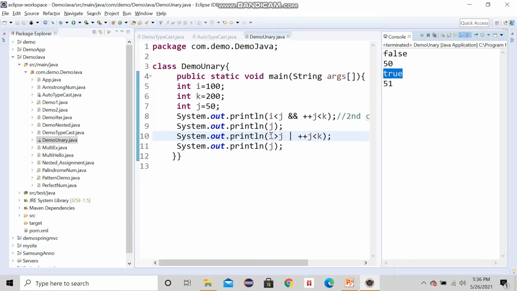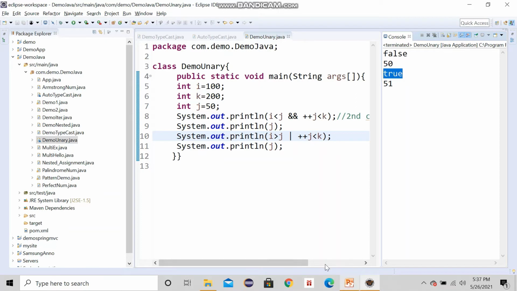But if this is true and this is false, then only it is true. So one should be on, the other one should be off. One is true, one is false. Then only it will be true. So I hope this is clear about logicals.